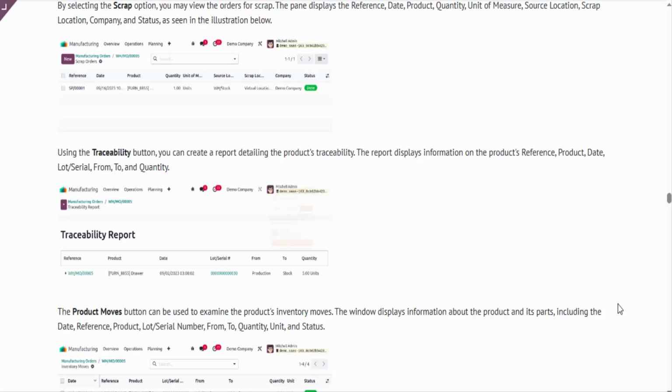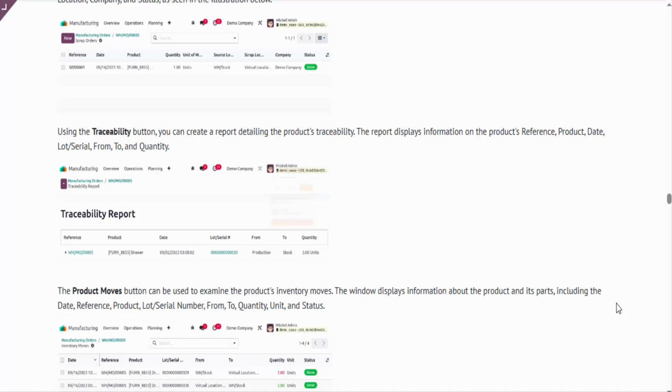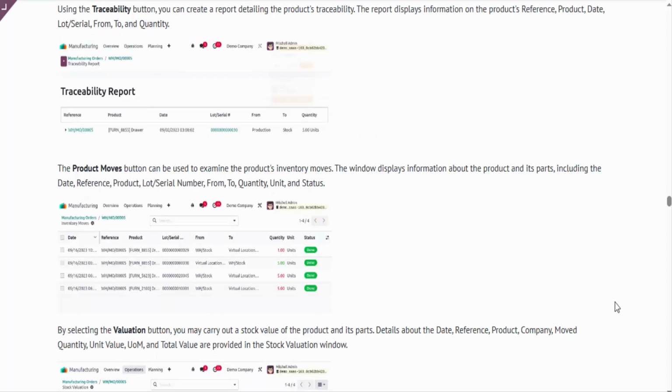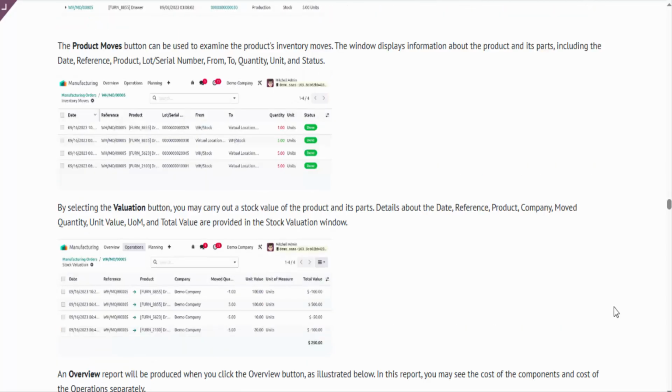Using the Traceability button, you can create a report detailing the product's traceability. The report displays information on the product's reference, product, date, lot/serial, from, to, and quantity. The Product Moves button can be used to examine the product's inventory moves. The window displays information about the product and its parts, including the date, reference, product, lot/serial number, from, to, quantity,